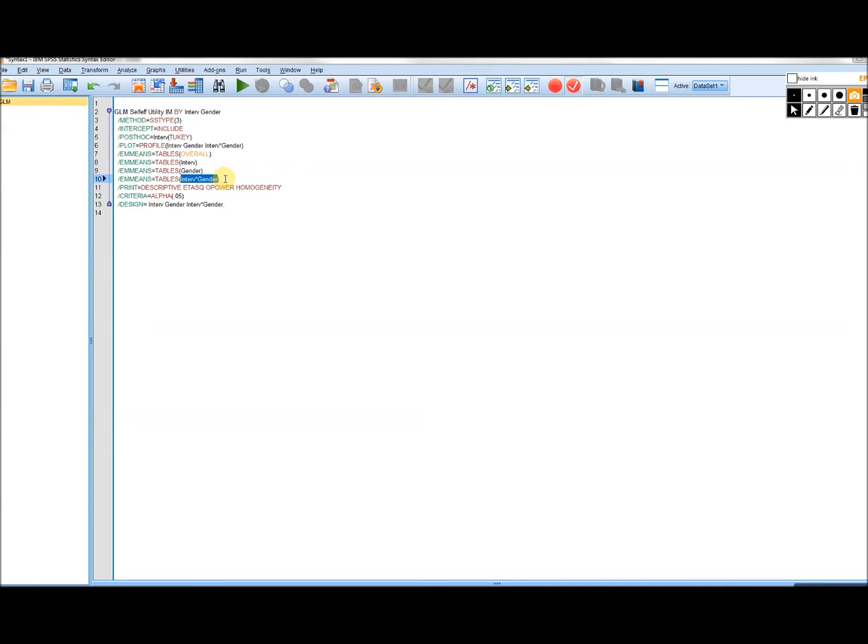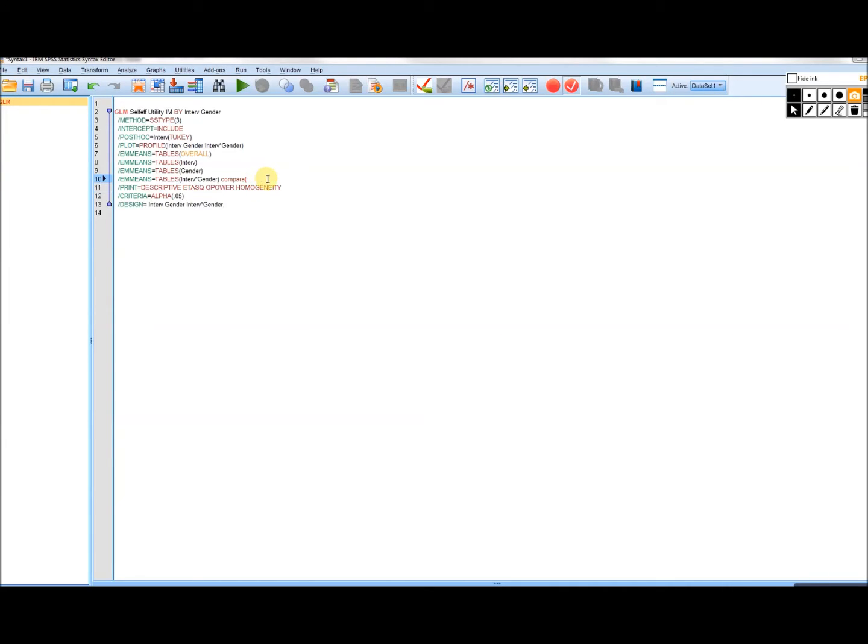If I want to compare males and females within each of the interaction groups for each of the dependent variables, I can type in what is called a compare command. So I can say compare, and in the parenthesis I can type in gender,